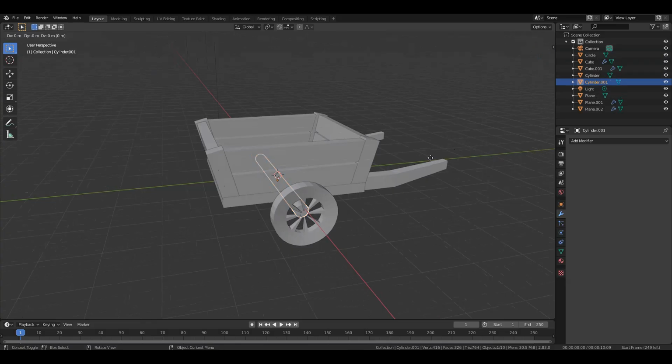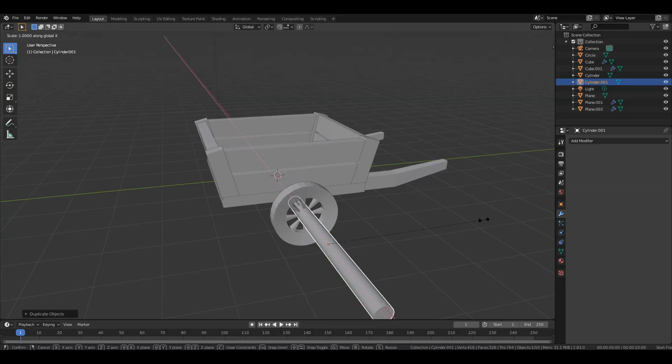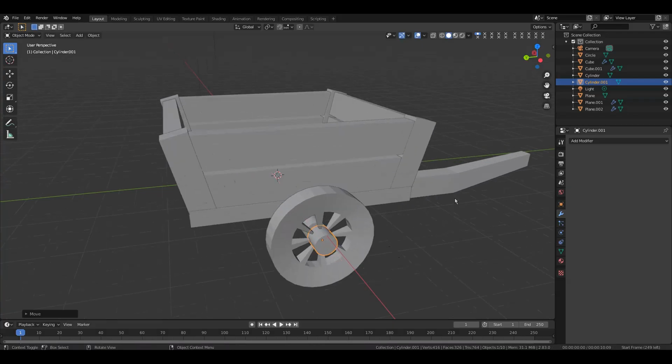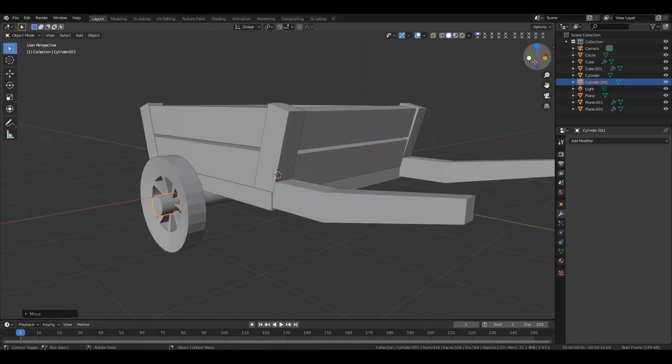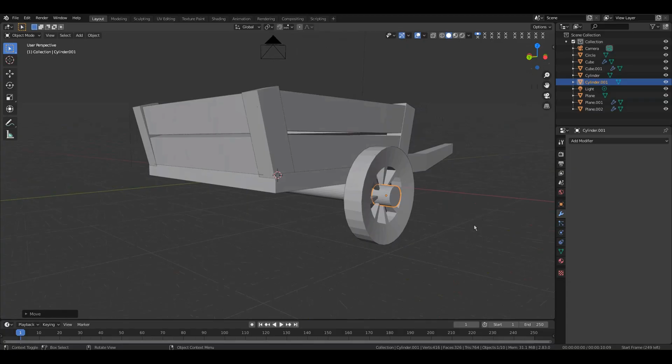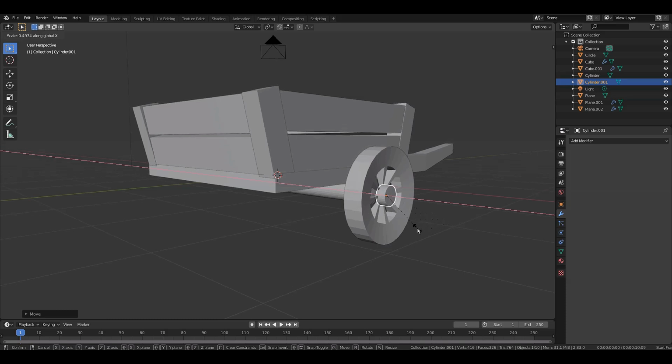then press Shift D to duplicate it, then press G, then X, then drag it out to here, then press S, then X, then scale it down only on the X-axis like this. Now put it back on the wheel by pressing G, then X, then move it to here, and I will also scale it down, the scale on the X-axis, so S, then X, and then scale it down again like this,